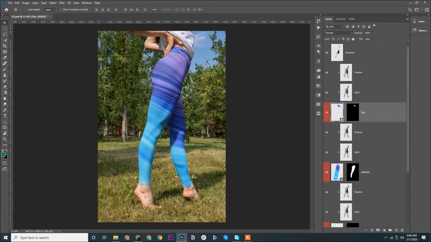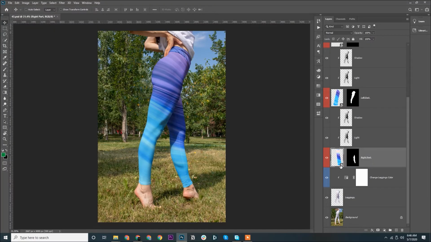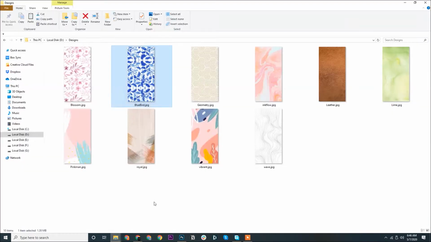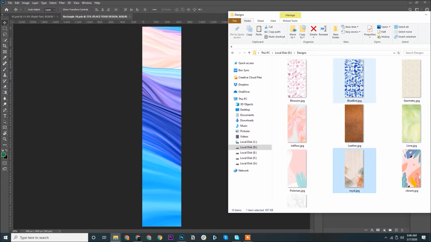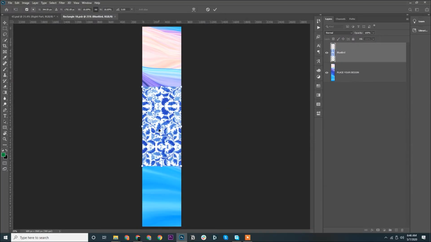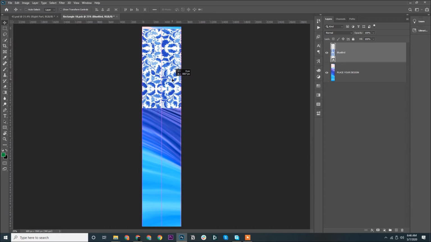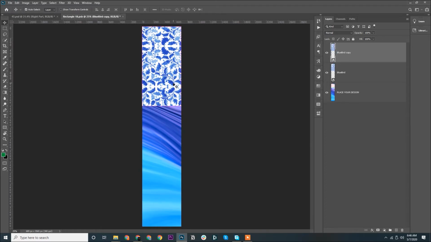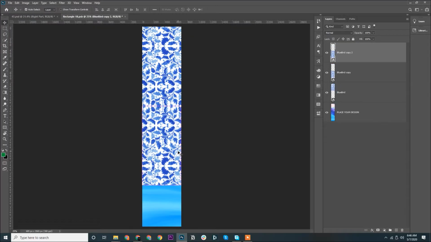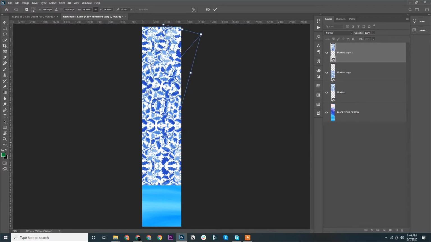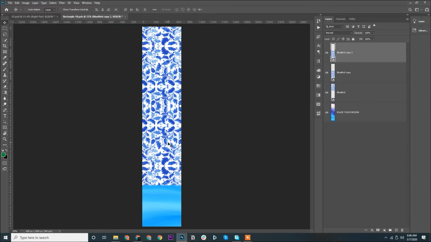So ideally, if we want to replace the designs on the leggings, let me take some design and try it out to see how it comes out. I have some designs with me here. Let us try this bluebird. I'll place it over here and duplicate it. I'm just trying to see how the end product would look if we replace it with a design according to the template. Then we'll try to fix it so that it could work with the bulk mockup as well.